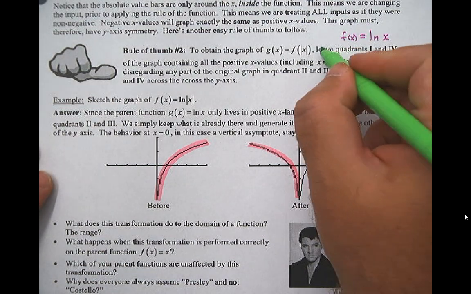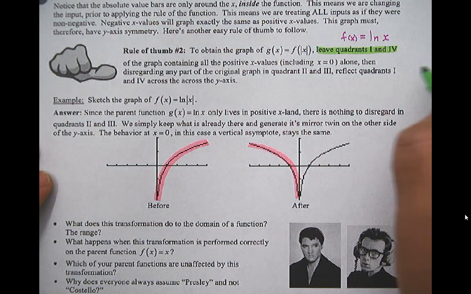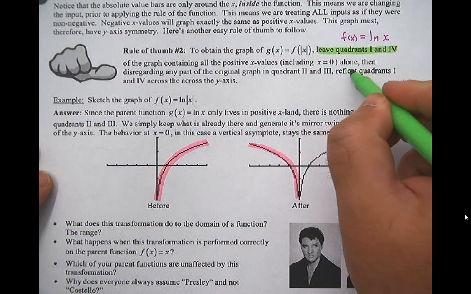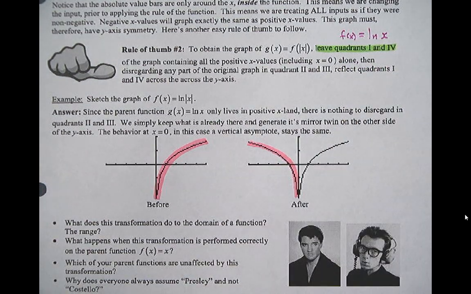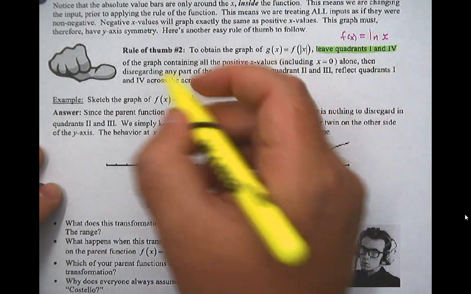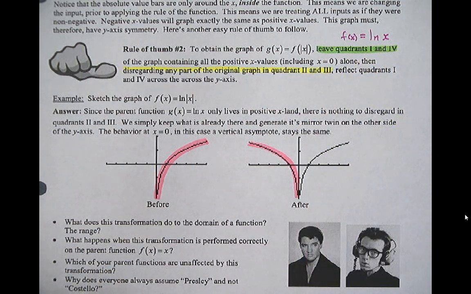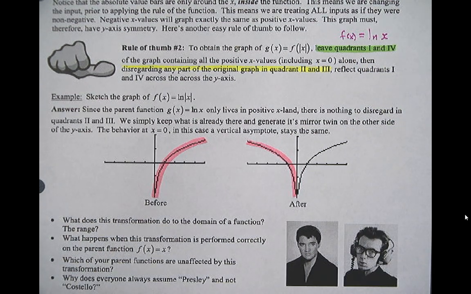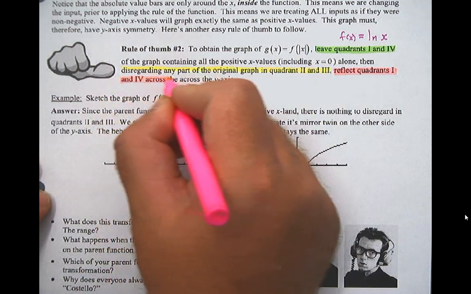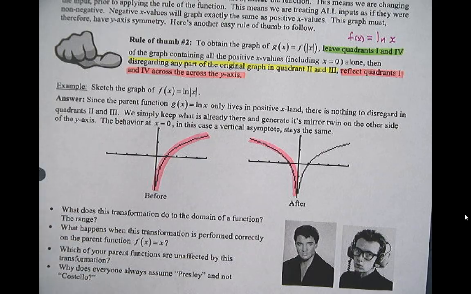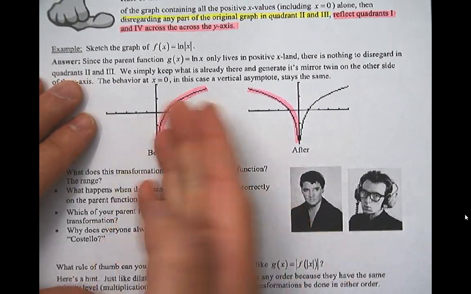Okay, so he says leave quadrants 1 and 4 and then reflect. I don't think I wish, yeah, we can leave it. Leave quadrants 1 and 4, disregard anything in 2 and 3, and then reflect across the 1 and 4. So basically he's saying whatever was here, get rid of it and take whatever's in these two and reflect it